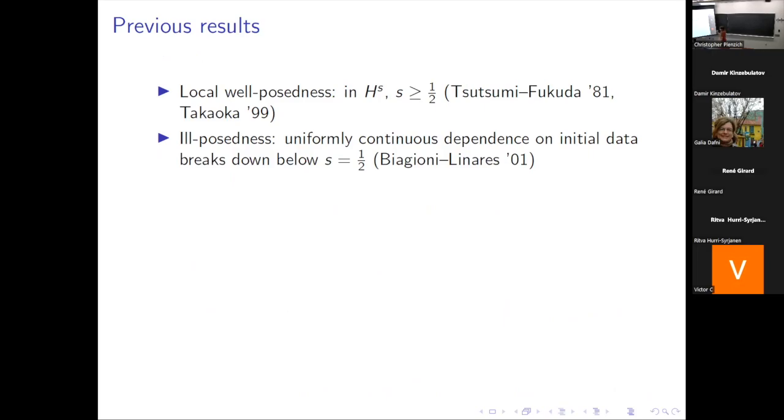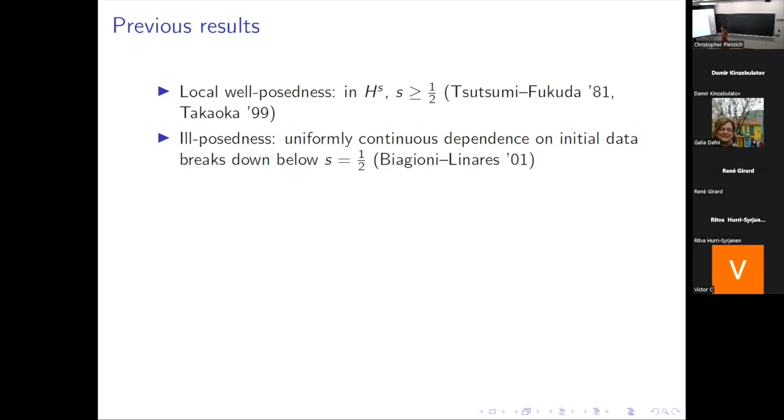And together with that, there is an ill-posedness result that tells us that actually once you go below s equals 1/2, you cannot have uniformly continuous dependence on the initial data. And you might say, okay, that's not too bad. I can still have just continuous dependence on the initial data. However, this immediately rules out